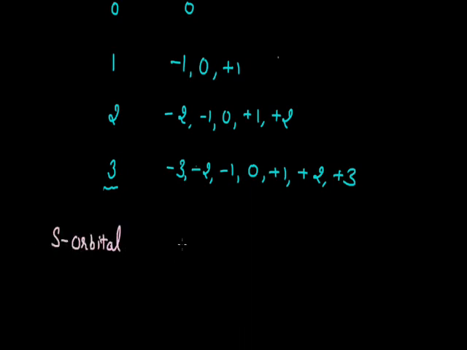So the s orbital is spherical in shape. If I am going to draw the x, y and z axes here, this one is the x axis, the y axis and the z axis. Being spherical in geometry, it is non-directional and it will be indicated by this. So that's about the s orbital.